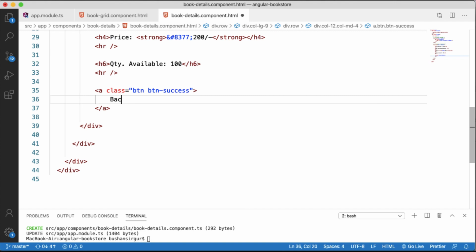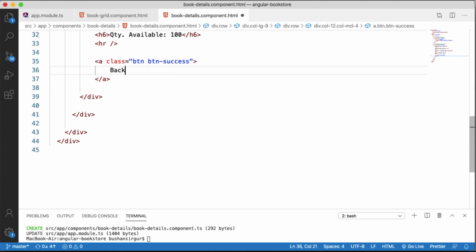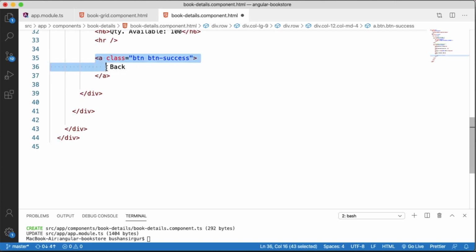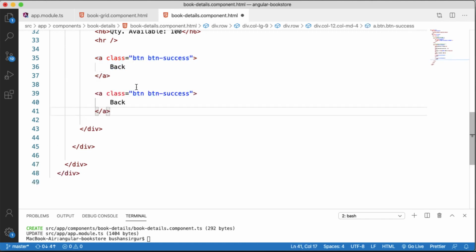Let's add the text back, and I'm going to create one more button. Let's take a copy of this and then paste it, then change the bits that are required. So I'll change this to primary and change the text to add to cart.